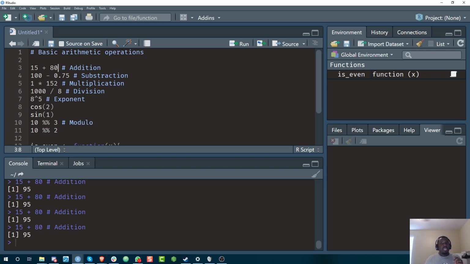Okay, Alt-Enter. Now, you can try it on your Mac or on your Windows. Now the thing about Alt-Enter is that it